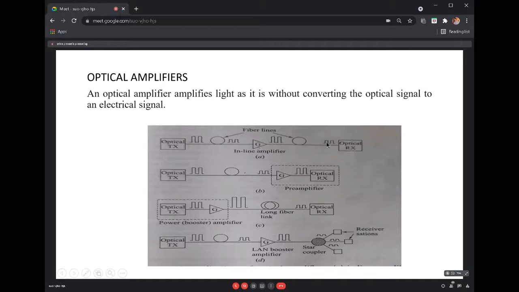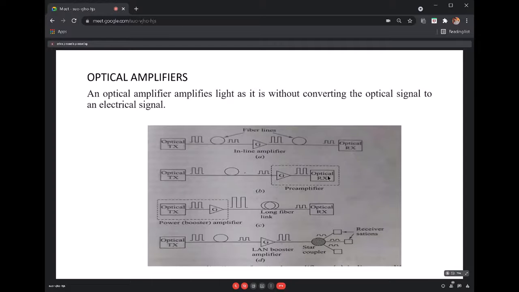Fine. So the second one is this one. It is a preamplifier. So what is this preamplifier? Here, in this diagram B, it is showing a front preamplifier. So before sending, you will be preamplifying it. Preamplifier, post amplifier, like you have seen in the earlier block diagrams. So here it shows the diagram.